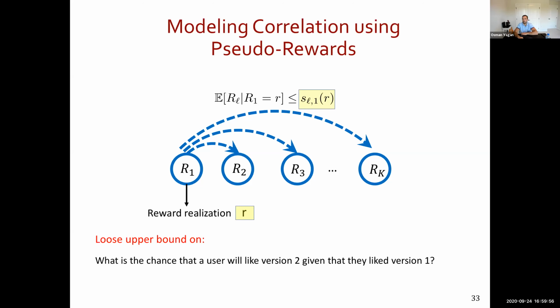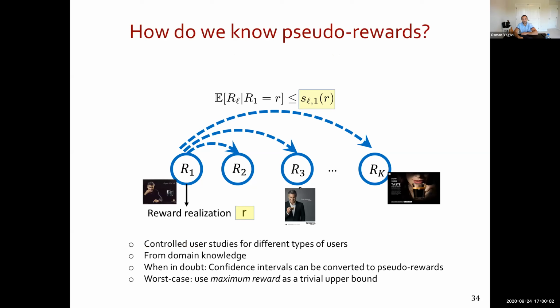So we thought this is pretty loose in terms of the assumption. And the question is, of course, well, you say it's loose, but how are you going to get that information? And again, domain knowledge or common sense is one example. You can say, well, this is a coffee machine ad with George Clooney on it, so there must be a correlation, a similarity. So you could use simple things like this.